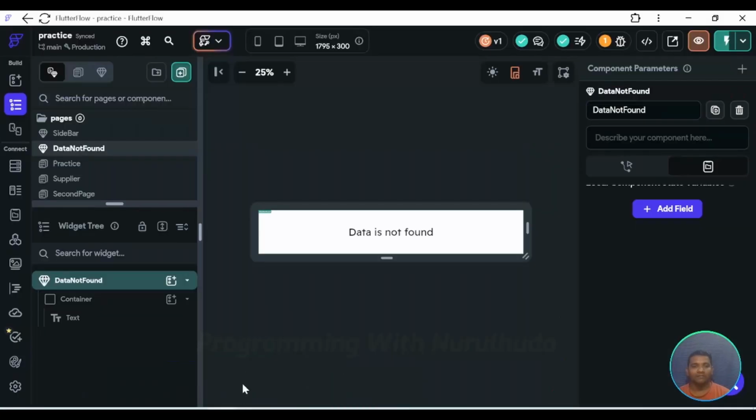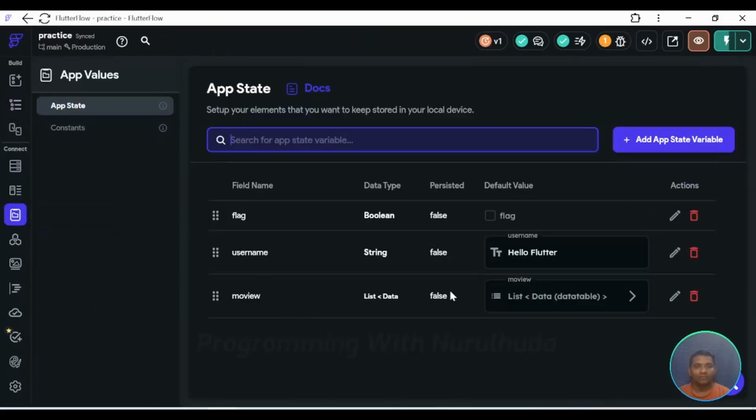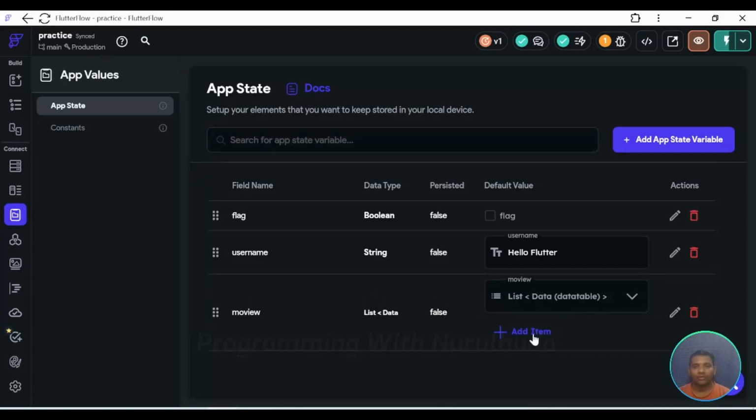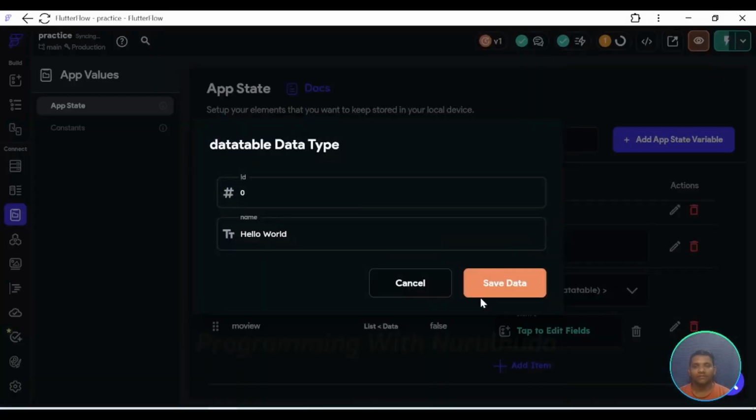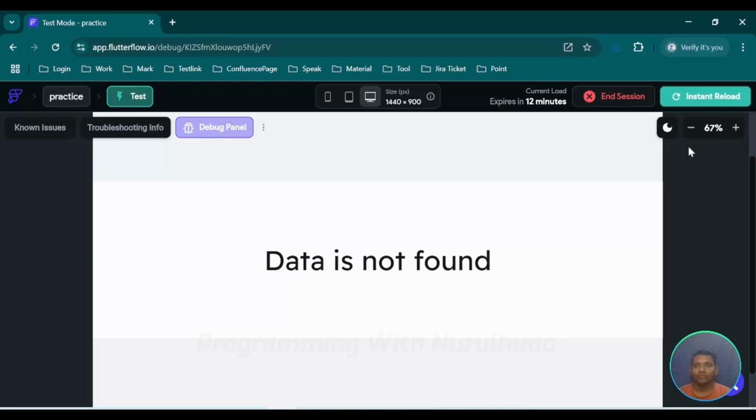Now I add some information record in the data table. First I go to app state, movie, and add item. Again select ID and movie 1. I save the data, go to the browser, and do an instant reload